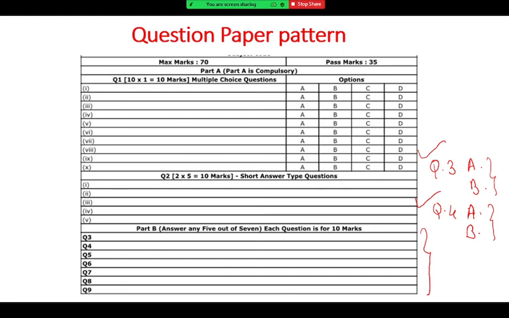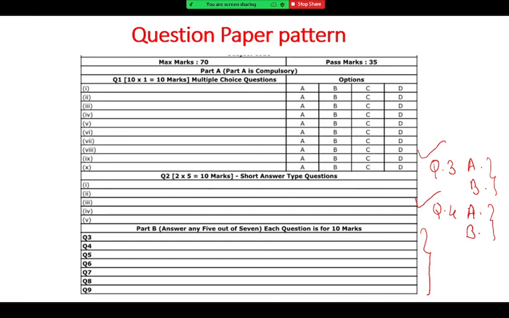Now, this time the first question paper will be of a new syllabus. But 99% I can give the assurance that it will be of the same topics. Generally, it is considered from the same topics. But by chance, if the examiner or paper setter wants to set it another way, we can't say anything. But the maximum chance is that it will be from the same topics. So that is about questions 3 to 9.